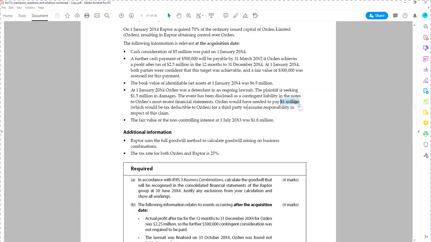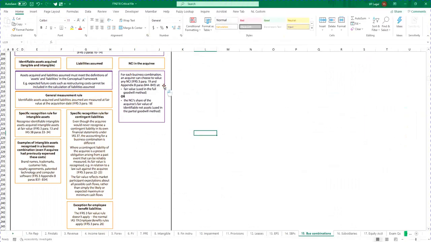So we're going to use this number here. However, there is actually one adjustment that we do need to make to this number. But there's two things that I want to talk about with regards to contingent liability. So I'm going to pull out the notes over here. So the first thing that I want to talk about is the fact that